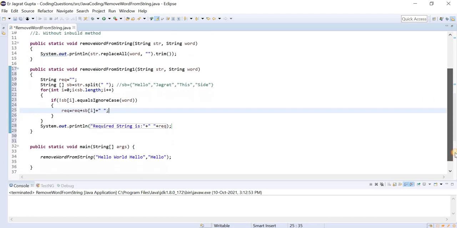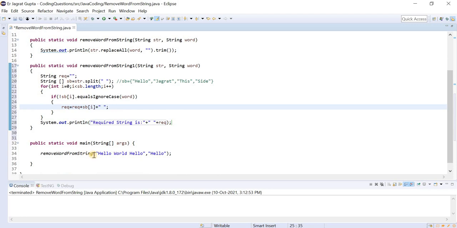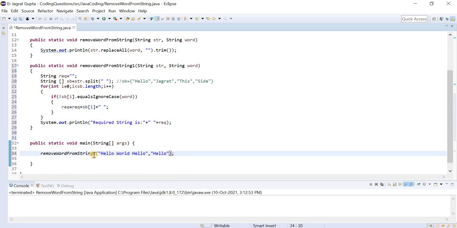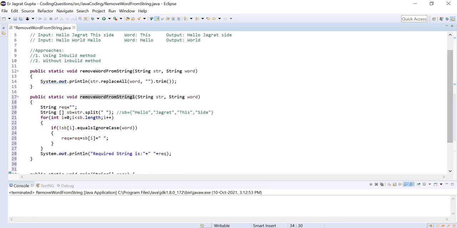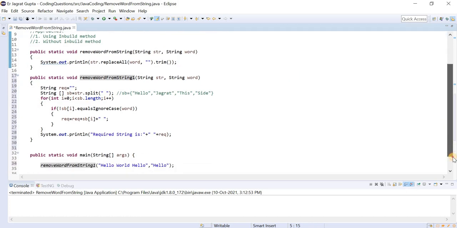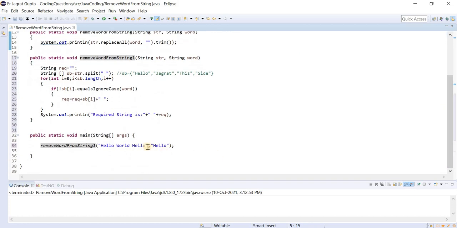So let's run this program, whether it is working fine or not. Let me change the method name. My first string is this, and we want to remove the word this from this string.